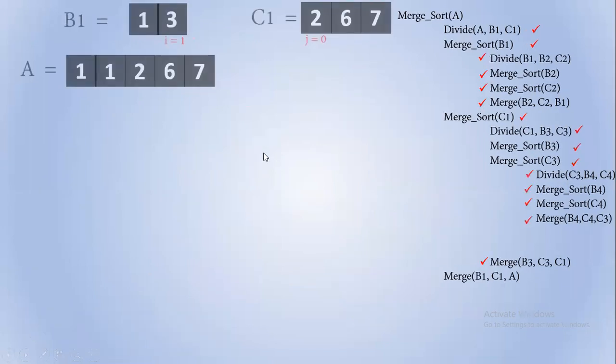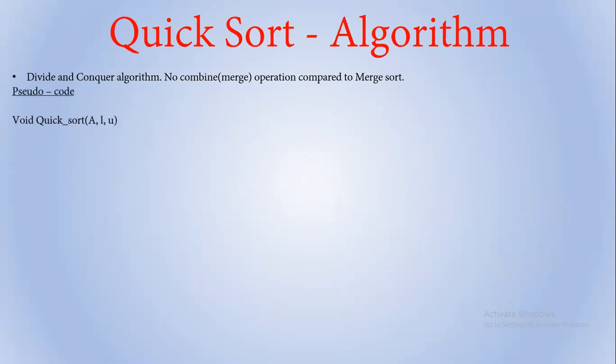Then quicksort will not occur. Just like merge sort, when the array size is 1, or in other words a.length is 1, it does not work. So this is another way of writing it: if L is less than U, that means the lowest index is less than U, this will occur. When the array size is 1 and they are equal, it will not quicksort, otherwise it will quicksort.